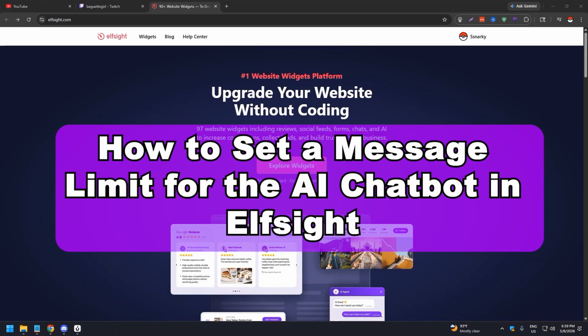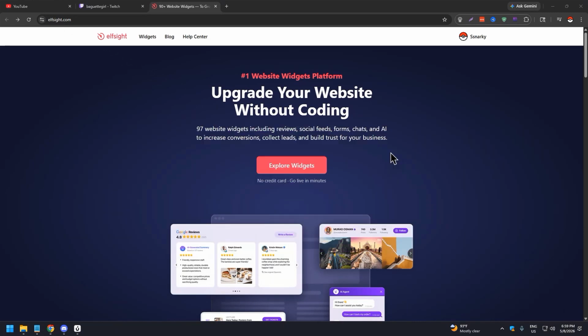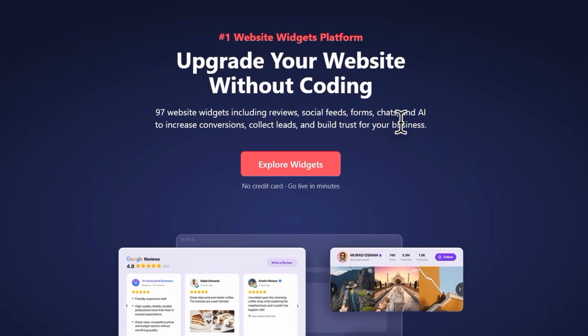In this video, we are going to show you how to set a message limit for the AI chatbot in Elfsight. So there's no manual way of doing this. This is dependent. The message limit for an AI chatbot in your account is limited depending on what your subscription or your plan is. So with that said, how do we go about this and seeing how much we can